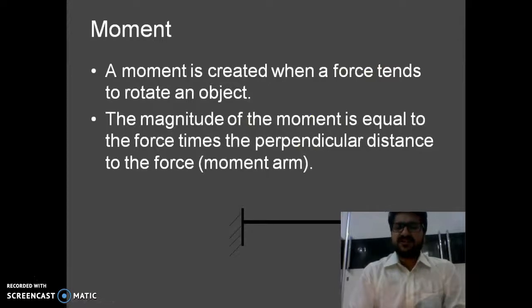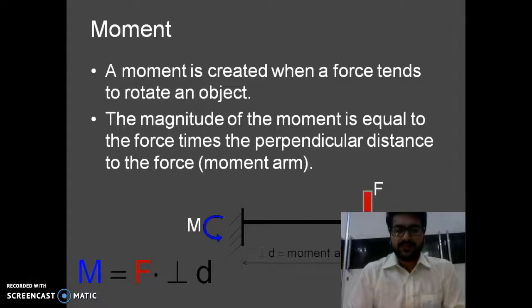A moment is nothing but something which is generated by a force. In this figure, I have shown a cantilever beam. As you can see, one side is fixed and one side is free. So what if I apply a point load at the free end? Suppose a load F is applied at the free end. As you can see, a moment M will be generated at the fixed end, which is equal to the force